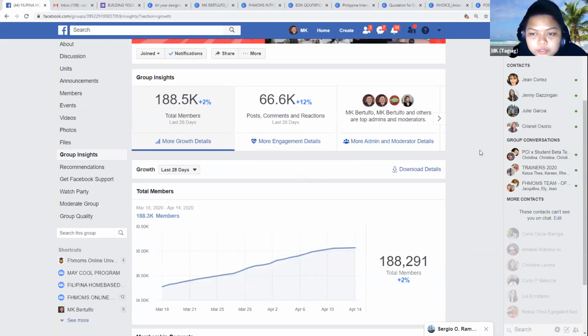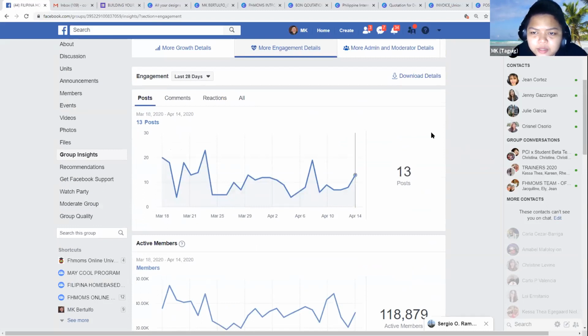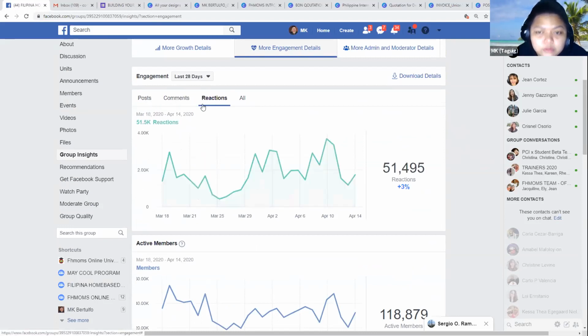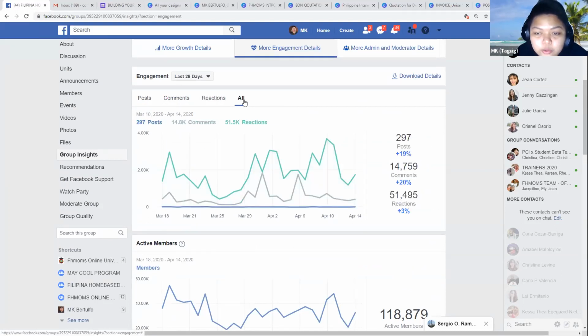So, for the post and the comments naman, sobrang madali lang ito. Kahit hindi ko na ituro to sa inyo actually, sobrang madali lang siya eh. But, as you can see here, magkakaroon kayo ng idea kung kamusta yung post and comments and reactions nyo sa group, no? Tapos, ayan, nakalagay naman na siya dyan. And then, if you wanted, this is what I usually show my clients or my brand clients pagdating sa engagement.